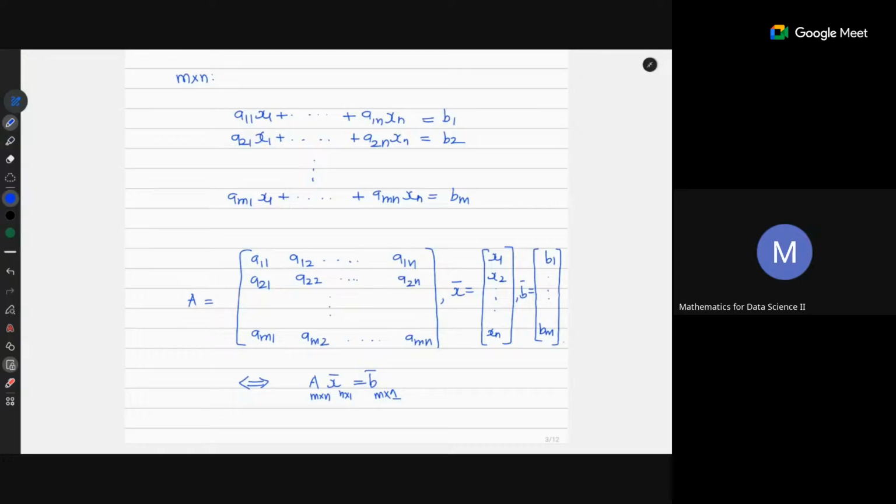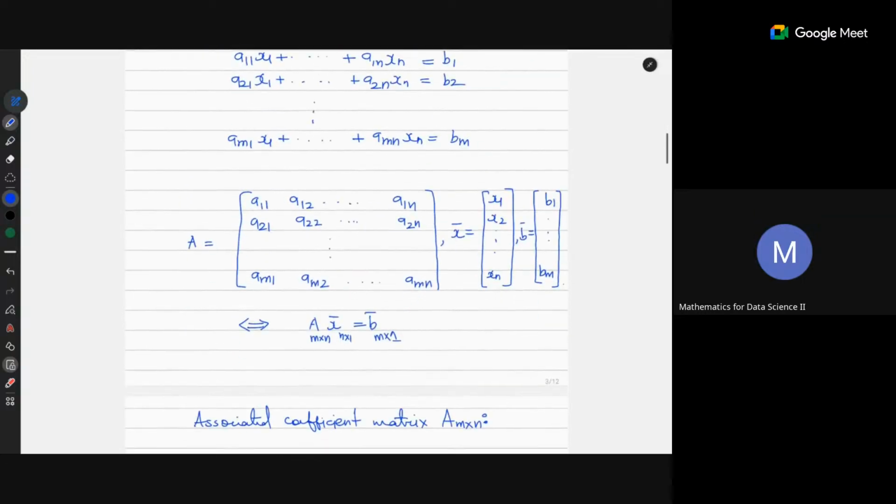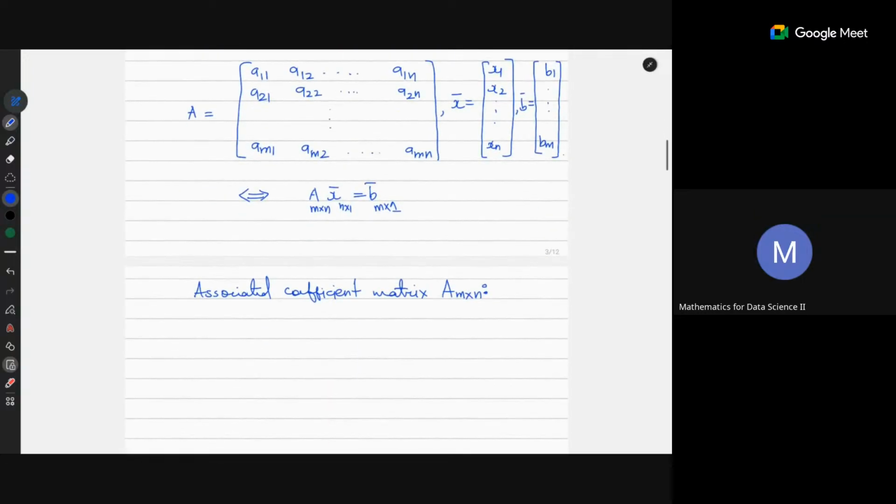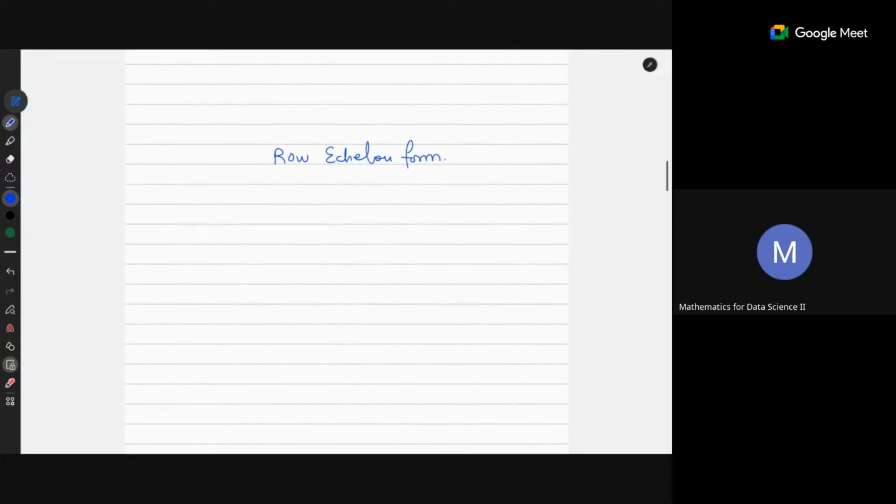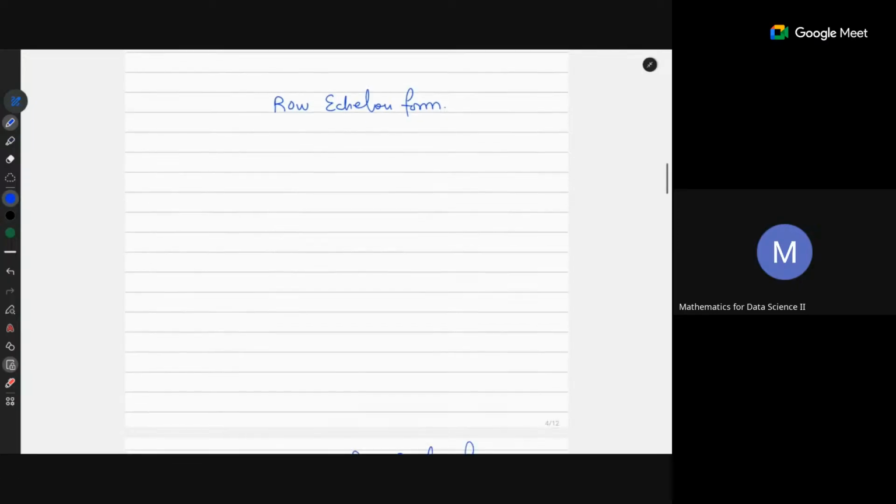All right. Okay, so where were we? I have already talked about what the associated coefficient matrix is in the case of m equations and n variables. And now let me write down what a row echelon form is. A matrix is said to be in row echelon form if